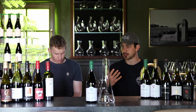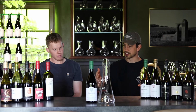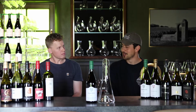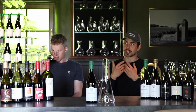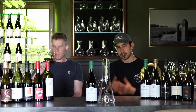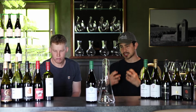To me, it's quite disappointing to see a blend done in this style because it's so polarizing. I guess this would please the old school Barossa Shiraz drinker, but blends, in my opinion, should be a little bit more lifted and elegant and displaying more of a variety of characters, whereas this is very monotone, dark, brooding, spiced,